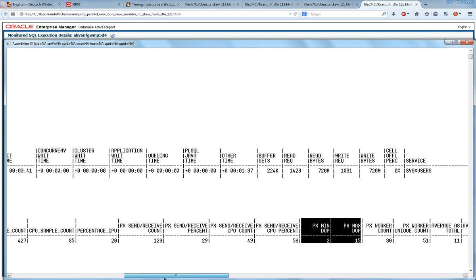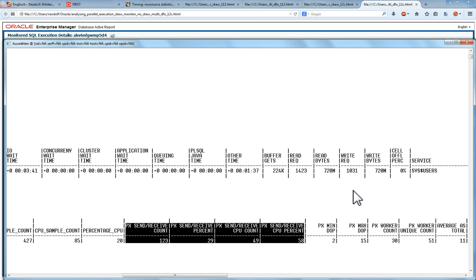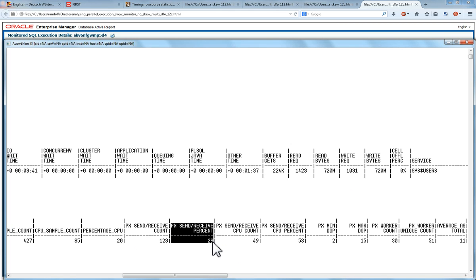And just as a side note, here is one thing that is also quite interesting if you deal with parallel execution: Explain-Ash tells you how much time, or how many of the samples, were related to redistribution of data. So with parallel execution, you have this overhead of redistributing the data, and you can actually spend a significant amount of time in this redistribution, because we are talking about redistributing giga or terabytes of data in memory. Although it happens in memory, or in terms of RAC, it has to happen also across the interconnect. You can spend some significant amount of time in these redistributions, and you can see here that from the overall number of samples that we have for this execution, we have spent 30% of the samples in redistribution,